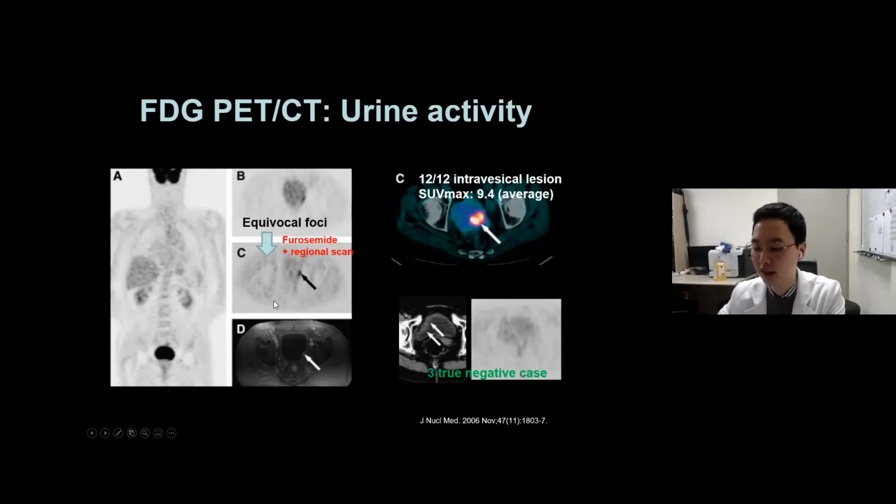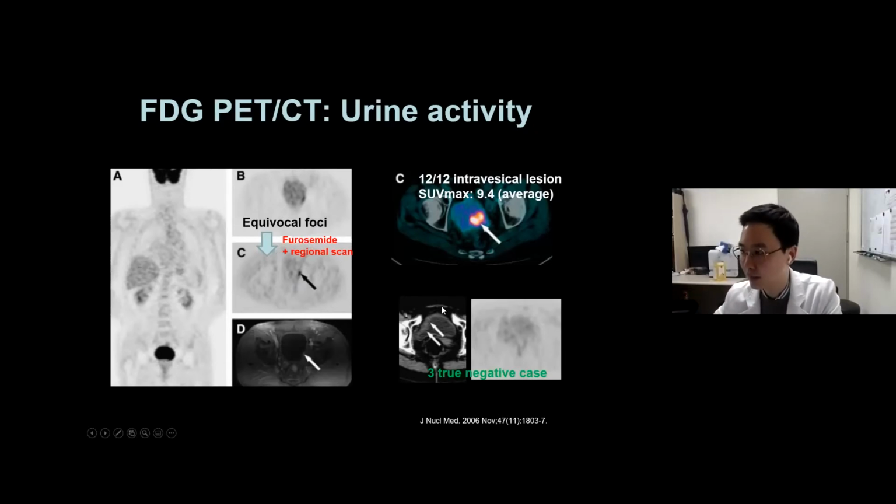In this case, the patient had chemotherapy and a suspicious recurrence. As you can see, there are some equivocal foci in the bladder, but they are not demonstrable. After the furosemide, you can see